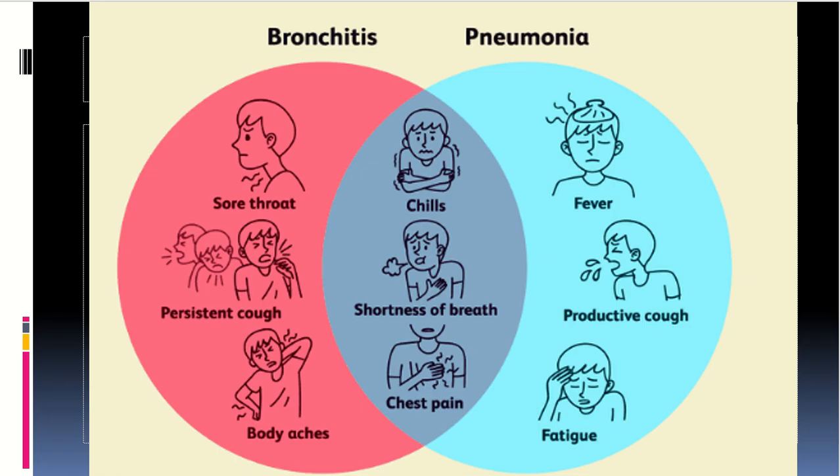Just a nice little Venn diagram, basically showcasing some differences and similarities of bronchitis and pneumonia. Both of them, whether it's a virus infection in bronchitis or a bacterial infection in pneumonia, can often cause a victim to feel colds, chills, make it hard to breathe, and also cause pain in the chest. But some things where they differ is that pneumonia will cause stronger fevers, a very productive cough, a cough that's producing a lot of mucus,